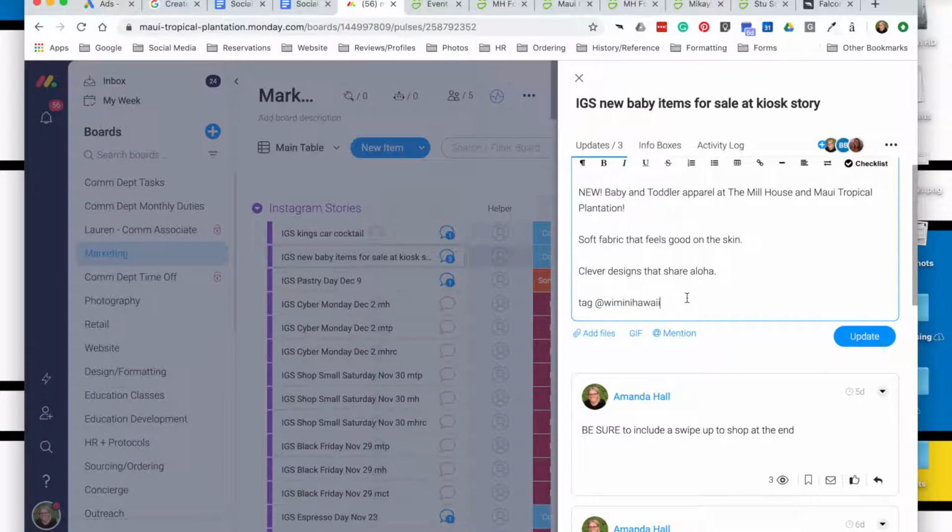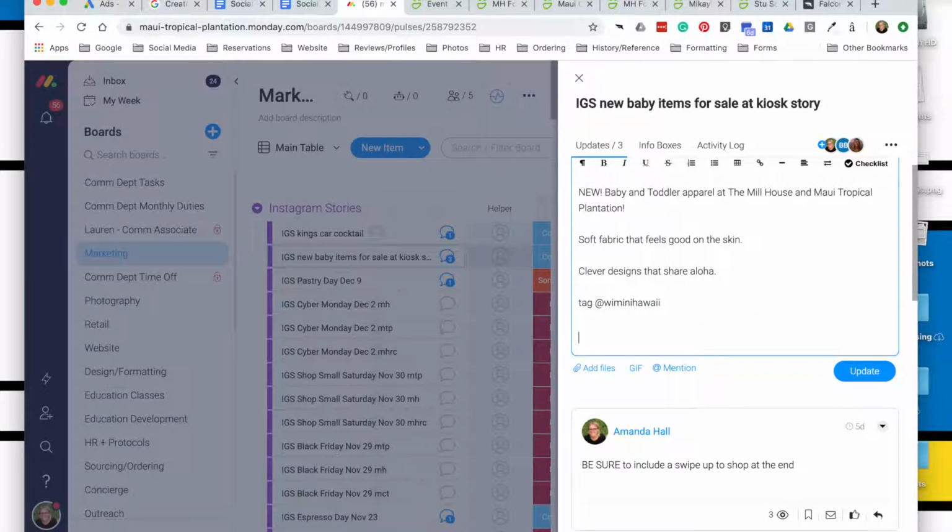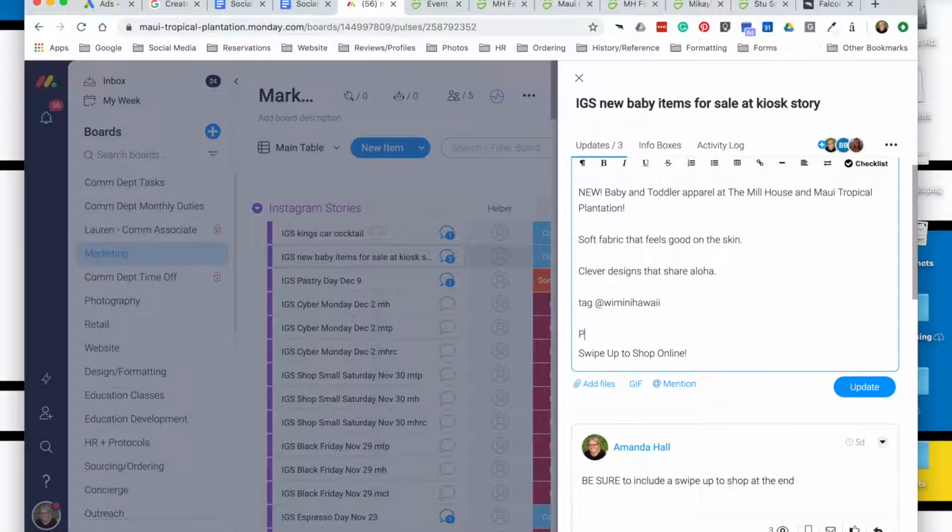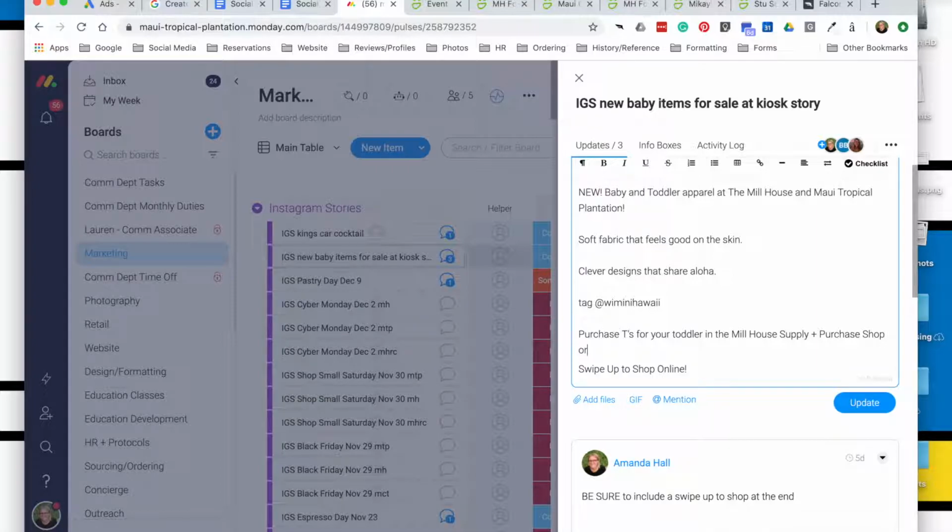Make sure that if you want something tagged, you include it here, and that you've already looked up the correct tag for Instagram so that I have that at my fingertips quickly. If you're envisioning a swipe up to shop, make sure that you include that. And we'll just kind of finish watching this example play out. As you'll notice here, I'm mentioning